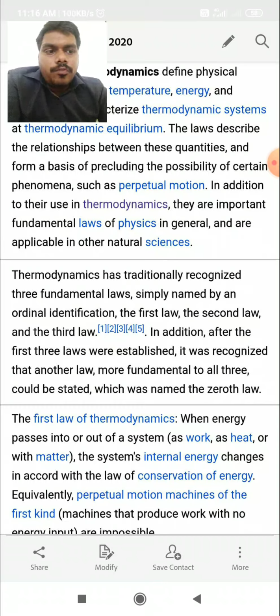Before directly jumping to what is a thermal power plant, we have to understand some important topics related to thermal energy. You might have learned what is thermodynamics. It is basically a heat cycle. In your 10th or 12th, you might have learned what is thermodynamics. Before proceeding to thermal power plants, we will learn what are thermal cycles.